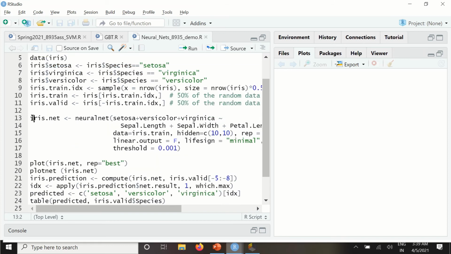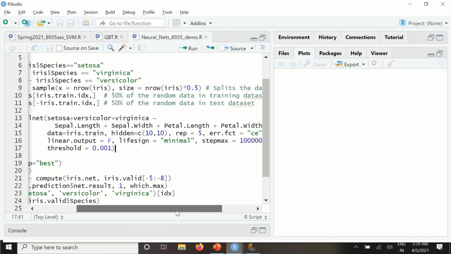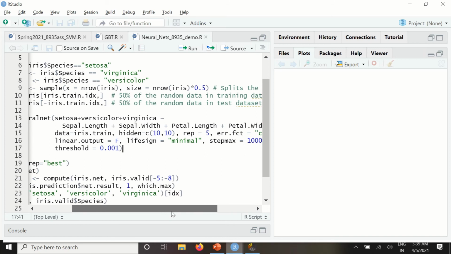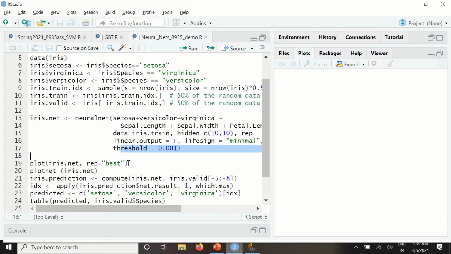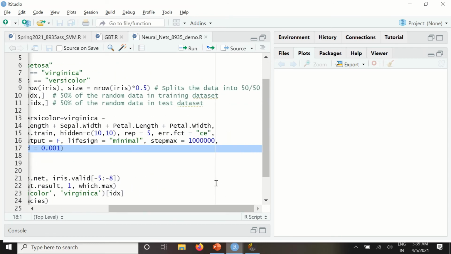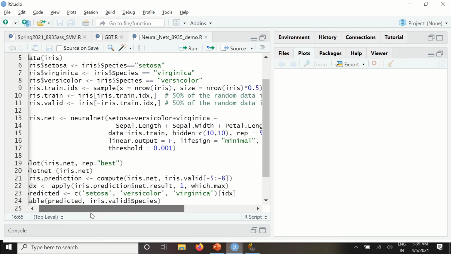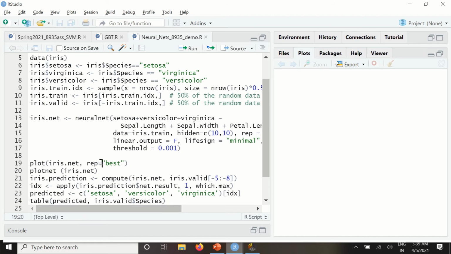This is the code which talks about different parameters that are being used, which also specifies how many hidden layers are required, how many repetitions this process has to be performed, what is the threshold, and what is the maximum number of steps that needs to be performed. So let me go ahead and execute this.